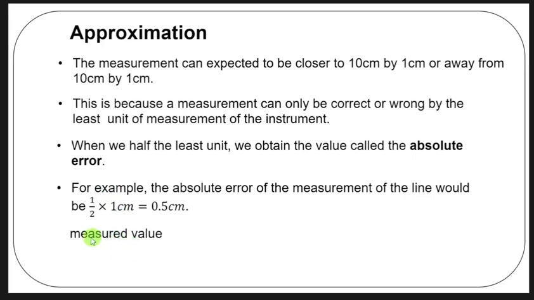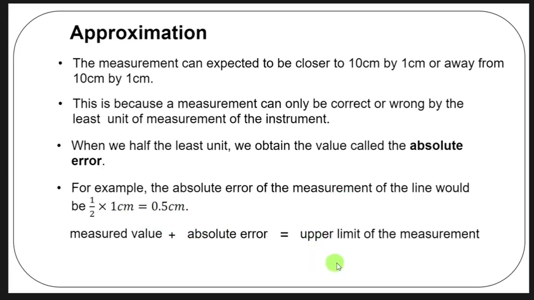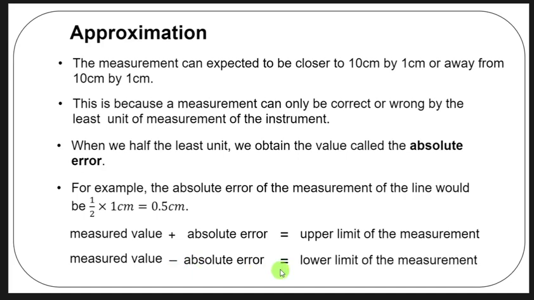if we have a measured value, whatever measured value we have made, plus the absolute error, so the measured value that we have made on an instrument plus the absolute error gives us what we call the upper limit of the measurement. Then similarly, if we have the measured value minus the absolute error, it gives us what we call the lower limit of the measurement. So basically what is being said here is that